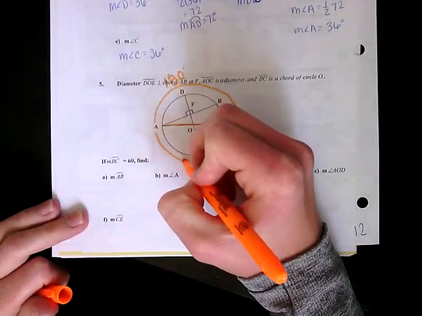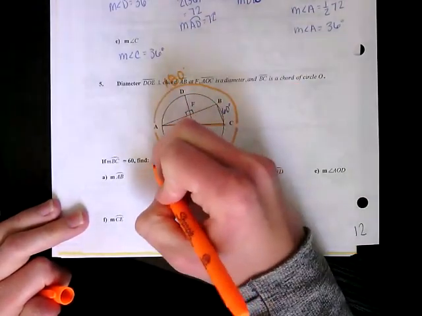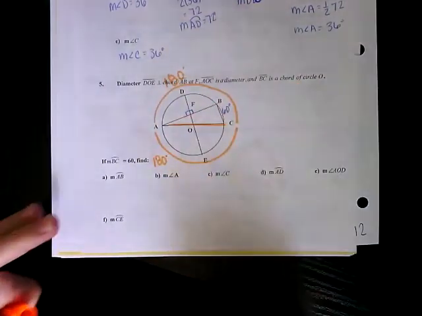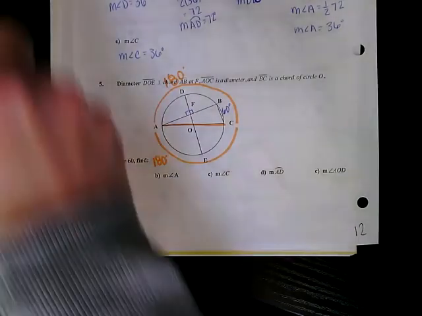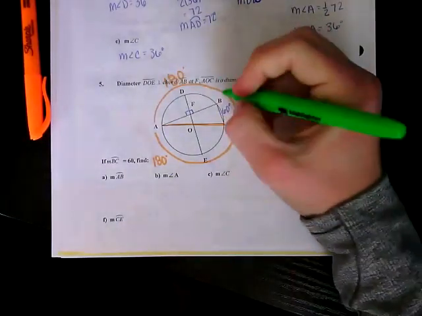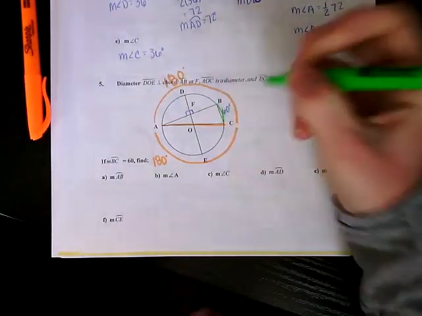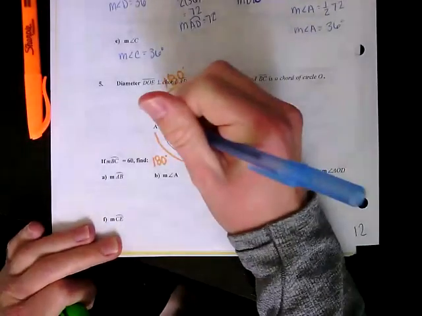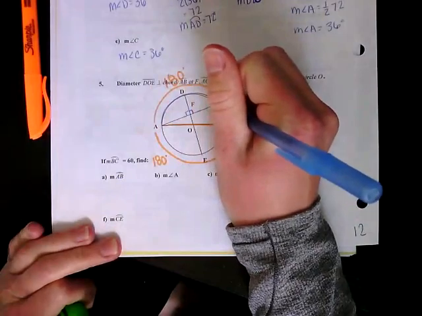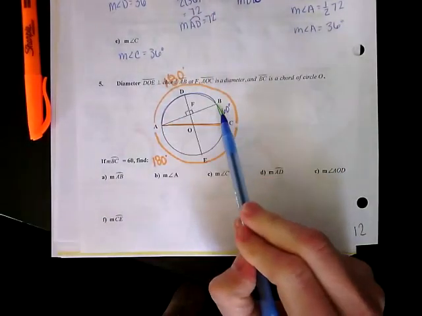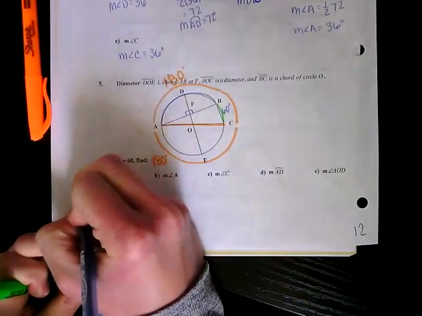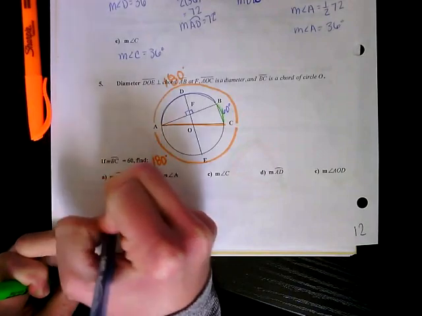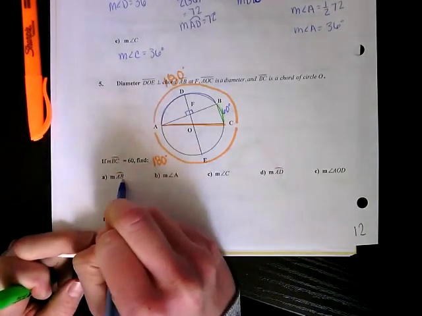And this whole arc is also 180 degrees, okay? Now, we know this little part to be 60. So the rest of this arc AB, the one we want to find, is equal to 180 minus 60. Okay, so the measure of arc AB